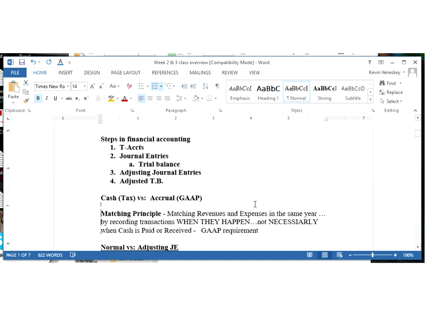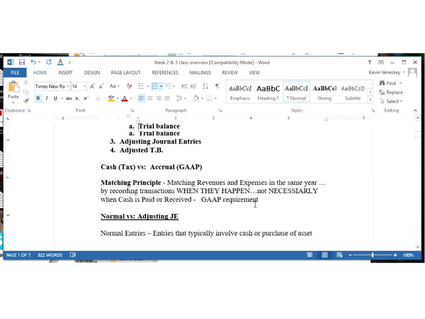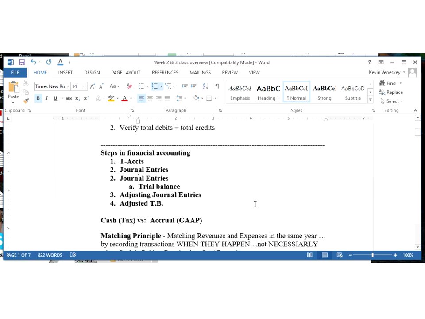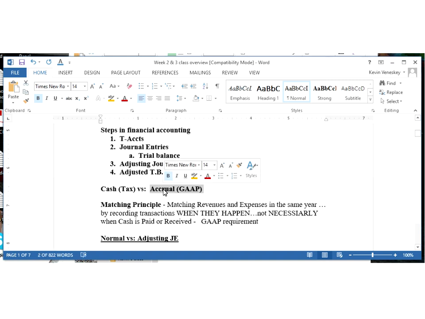Let's go ahead and scroll down here and show you a few of my notes on adjusting entries. The reason we have adjusting entries in the first place is because with GAAP, remember GAAP is the rules that accountants need to follow, and accrual accounting, we have to use the matching principle, which says that we need to record any revenue and expenses when they occur. Record our revenue and expenses when they happen,